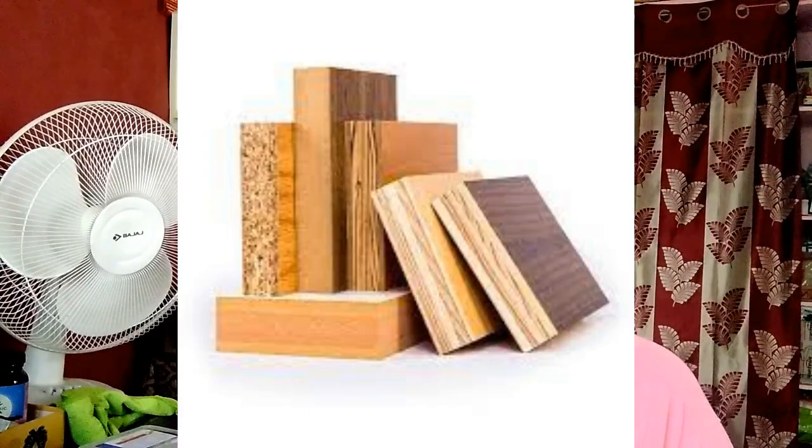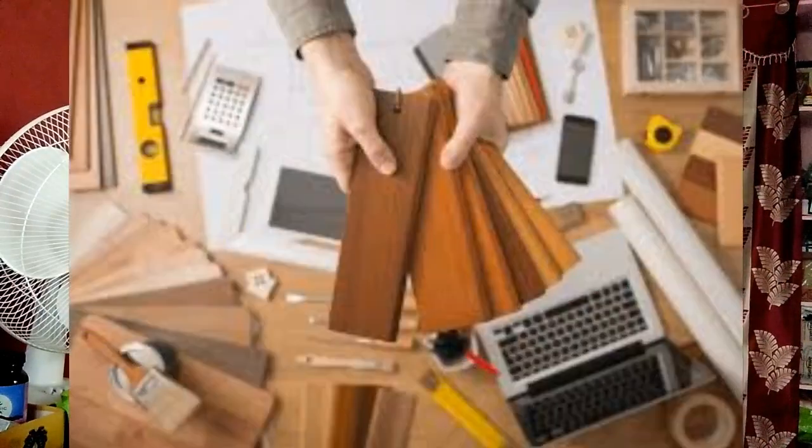Next point is what is the price of 2 mm plywood. Popular brown 2 mm plywood board, size 9 inches by 3 inches, is available at 150 rupees per square foot in